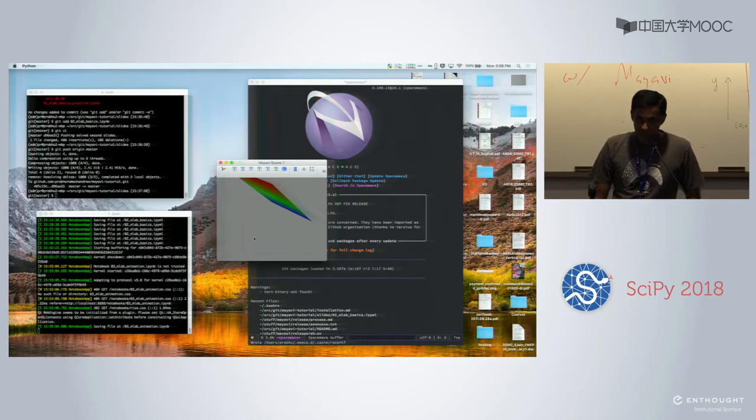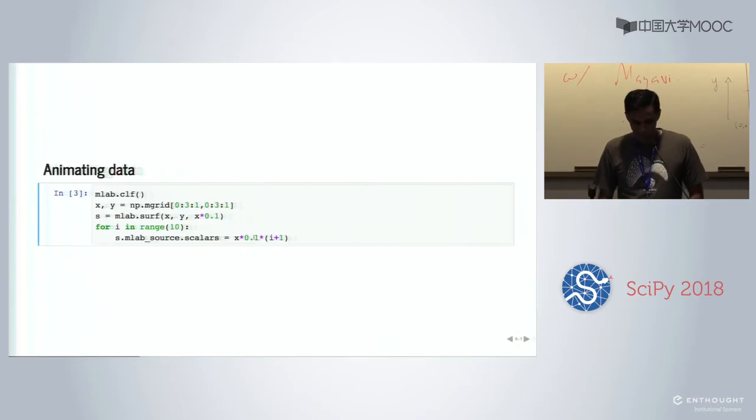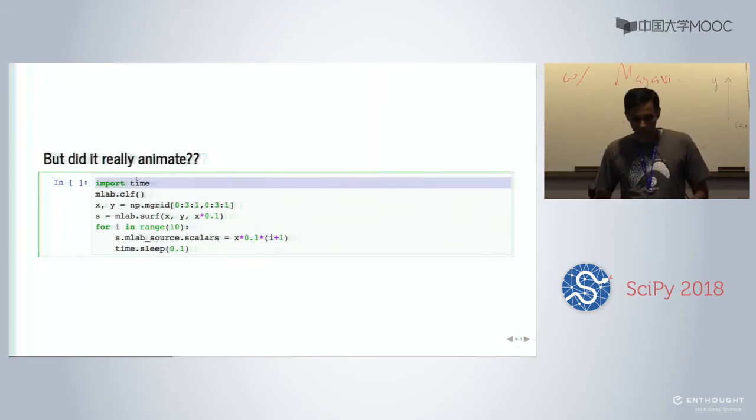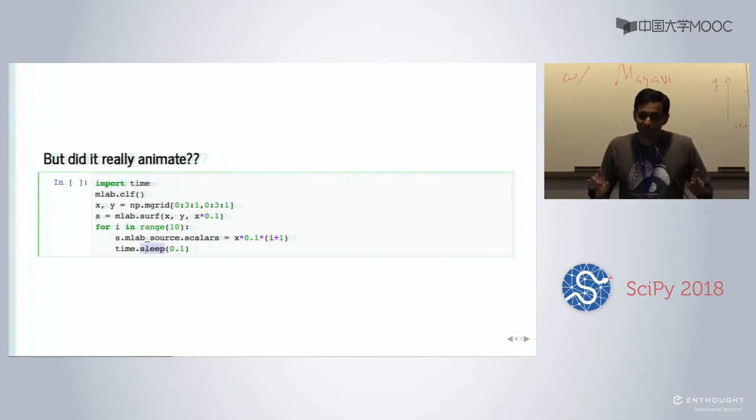The problem is it finished too fast, right? It just sort of moved everything up, so there's no animation for you to really see. So let's try and slow it down. So I'm going to just import time. All the change I've made is I import time here, and I added a time.sleep, okay? And make it even slower here so I can see it even.